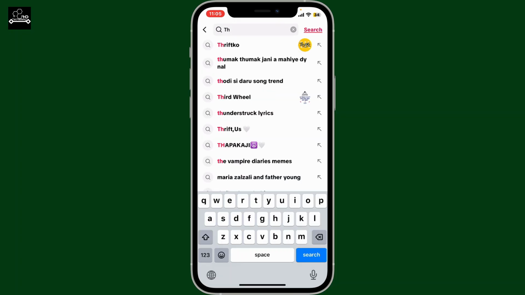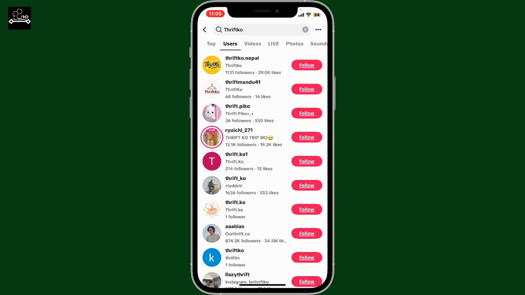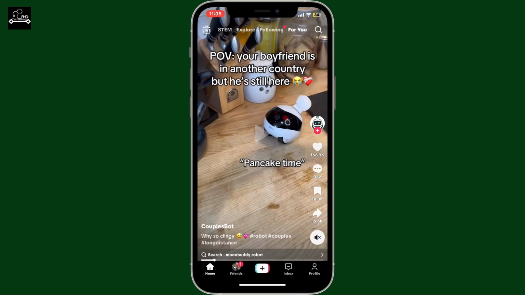After you find their profile, tap on their profile and go to the Users tab at the top. Now, click on the follow button right next to their profile, and you will then be able to follow someone using the search function. After the follow is done, you can engage with their content by liking, commenting, or sharing